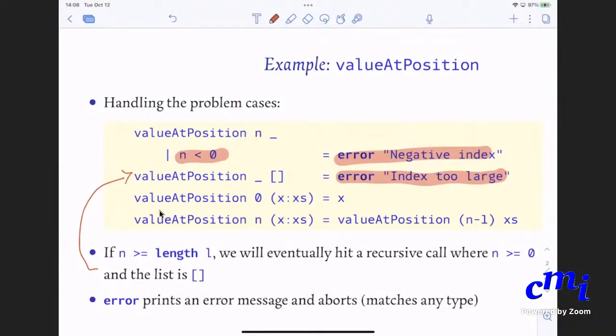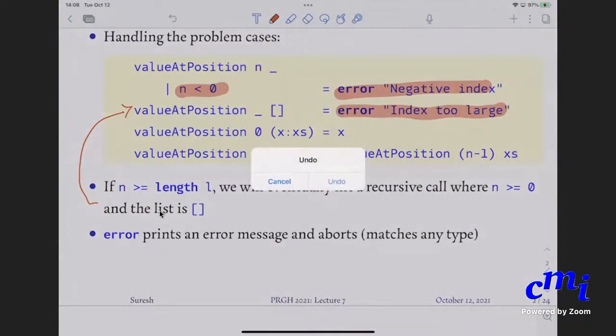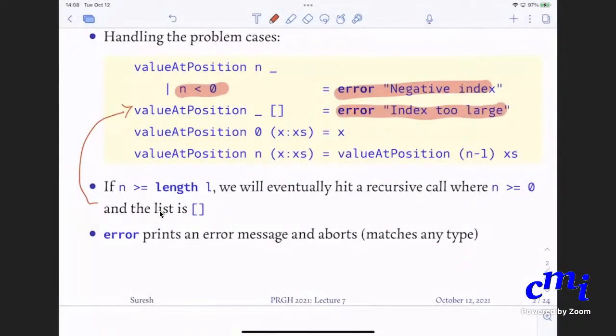One nice feature about error is that the type of error is string arrow A. It takes a string as argument, and the return value matches.